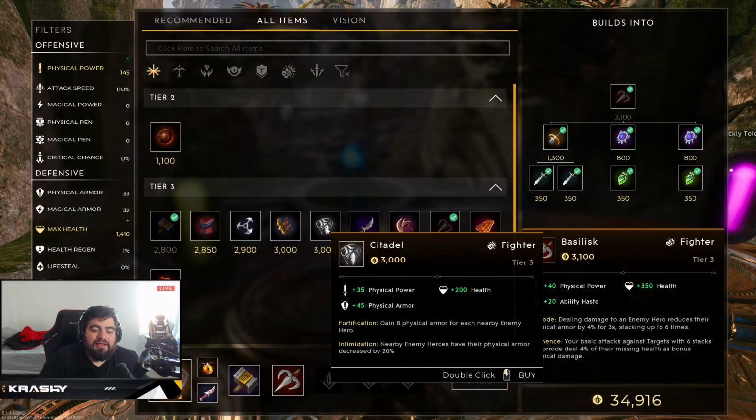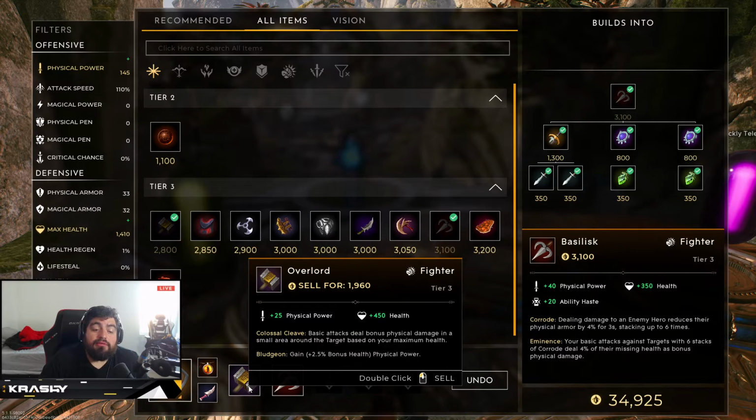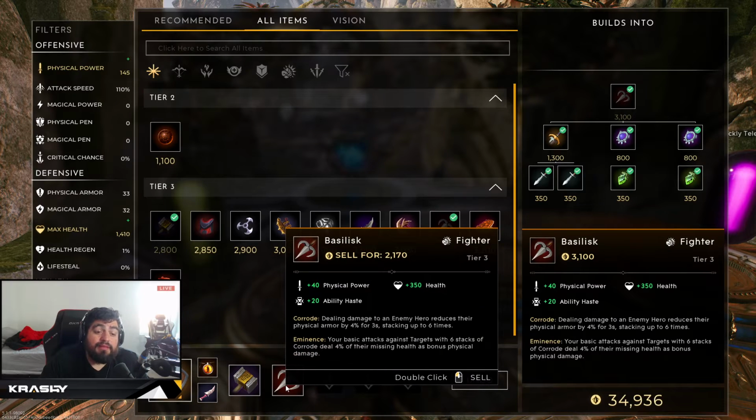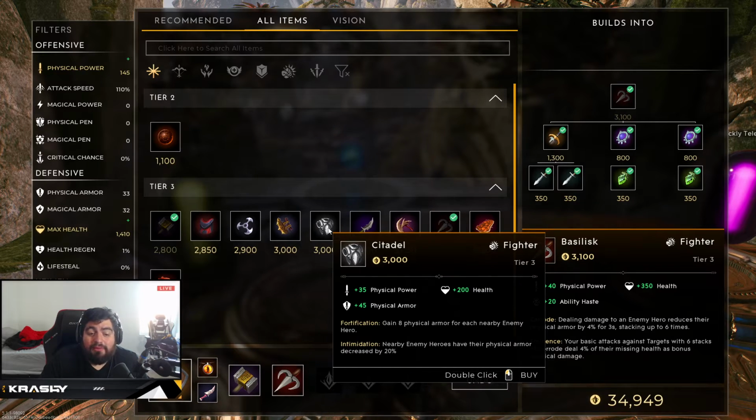When you look at an HP Bruiser build for Kai, you need to have Overlord first, so that you can increase your clear speed and set the stage for what the build does. You want an item like Basilisk because this brings a ton of damage, health, and ability haste. So it's like everything you could possibly need. Citadel continues that trend by bringing you everything you could possibly need, with 45 physical armor, which is a nice amount of armor,